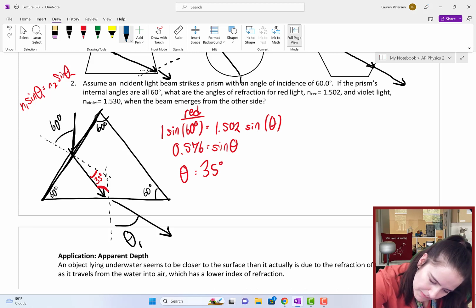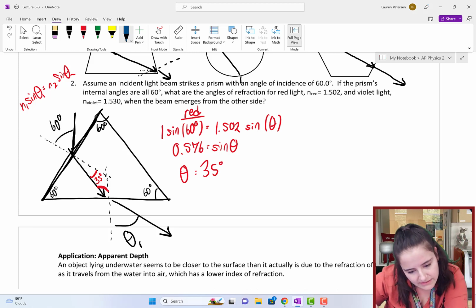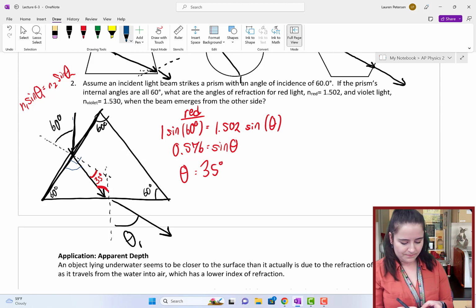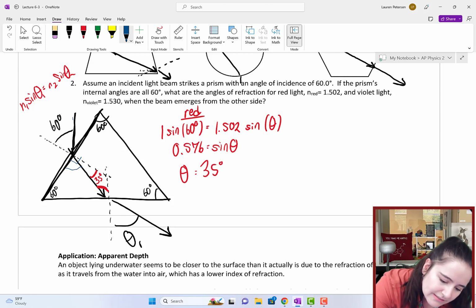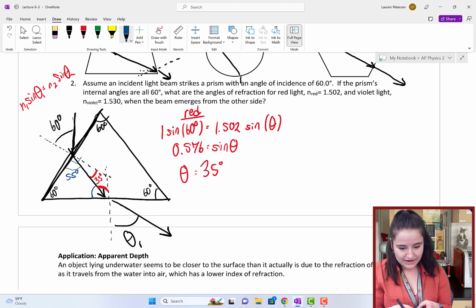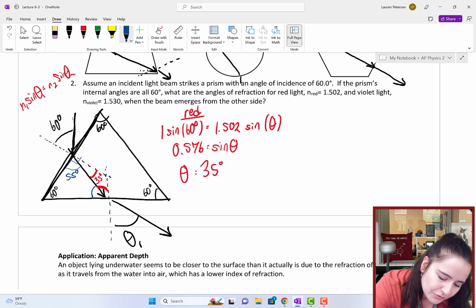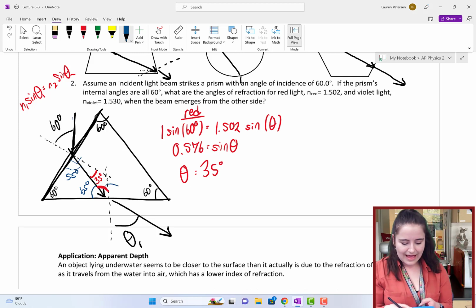trying to make sure I have this all drawn a little bit to scale for us. Okay, if that's 60, this light wave's coming in. If that's 35 degrees, and this is a 90-degree angle, then we know that angle is 90 minus 35, 55 degrees, which tells us that this angle is 180 minus 60 minus 55. Okay, 65 degrees. So it's going to be hitting this bottom wall at an angle